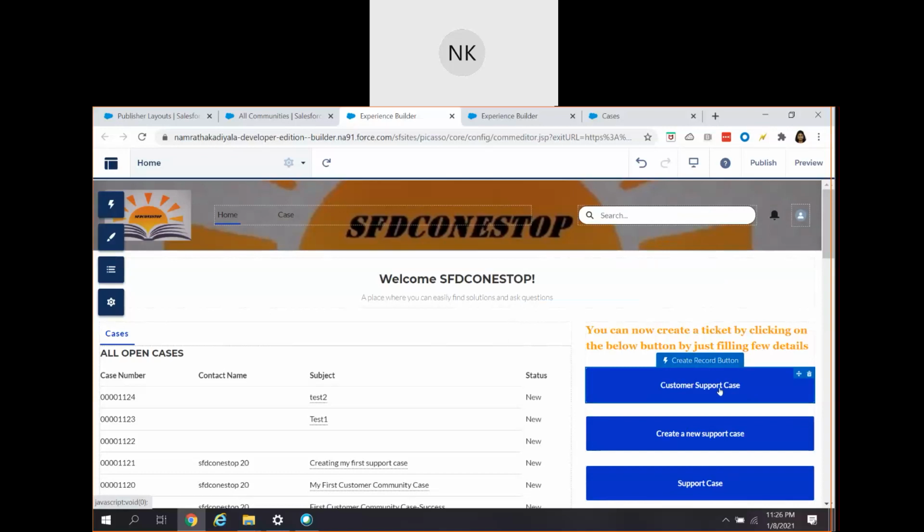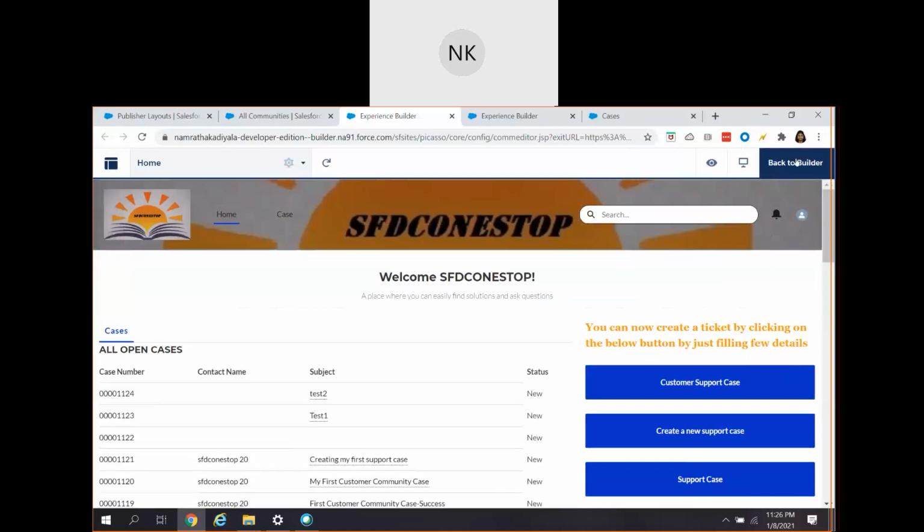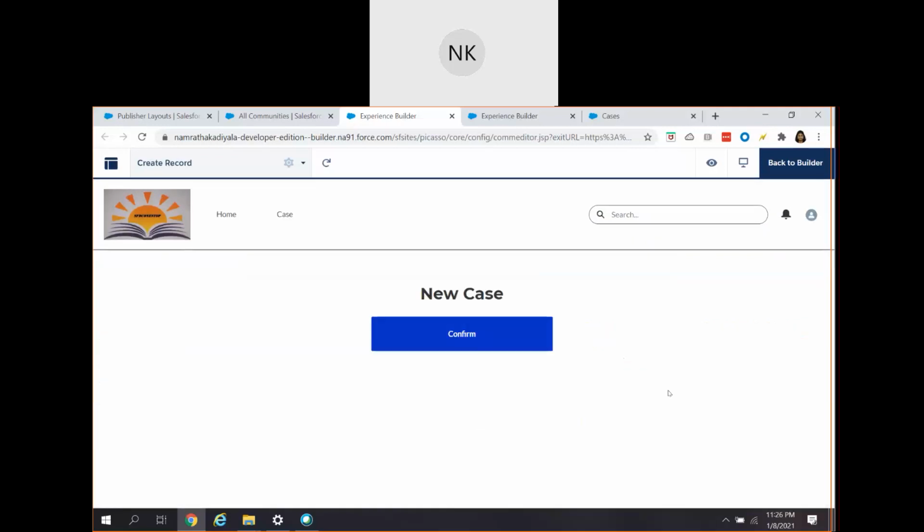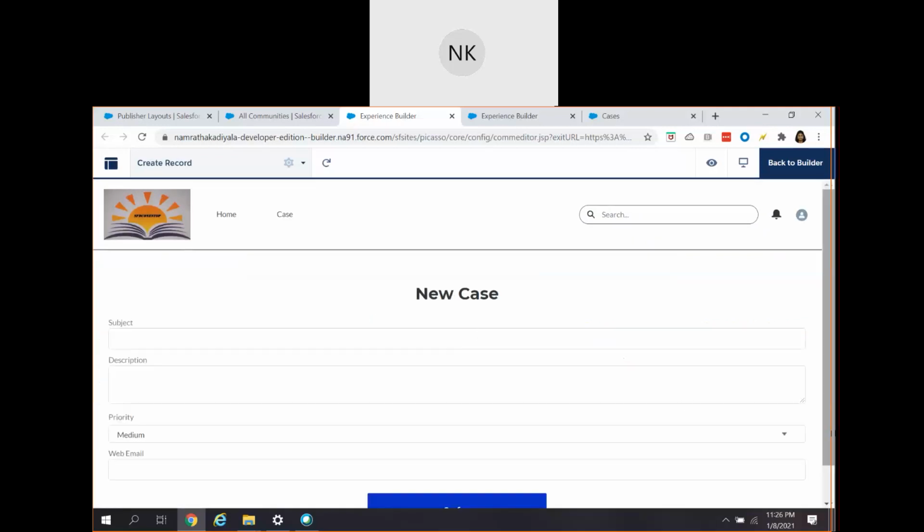Create customer support case. Now let's go to the preview mode and see how it looks. When you click on customer support case, these are the four fields that we have added. I can create a global actions test case.